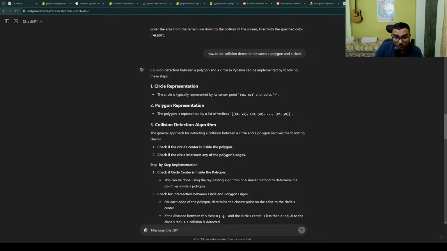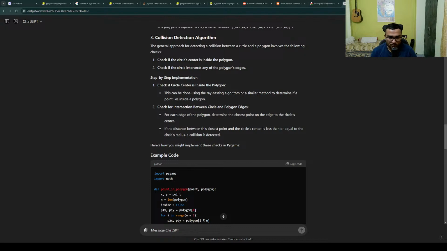The general approach for detecting a collision between a circle and a polygon involves the following checks. Check if the circle center is inside the polygon. Check if the circle intersects any of the polygon's edges. For each edge of the polygon, determine the closest point on the edge to the circle center. If the distance between this closest point